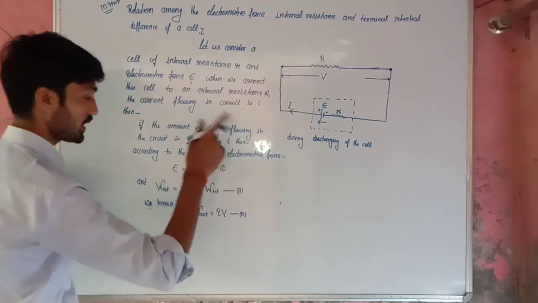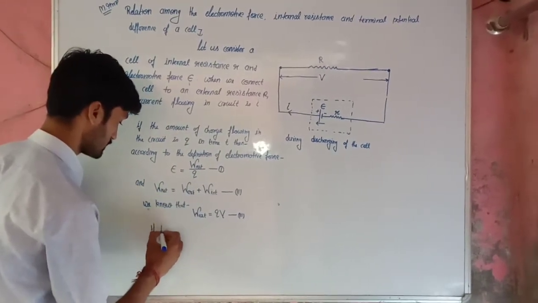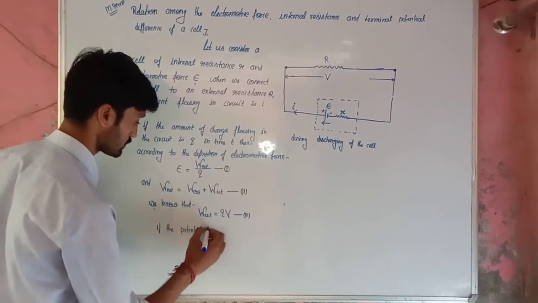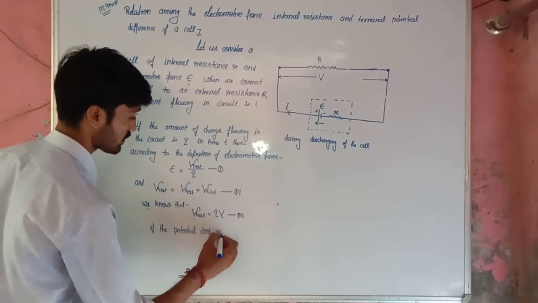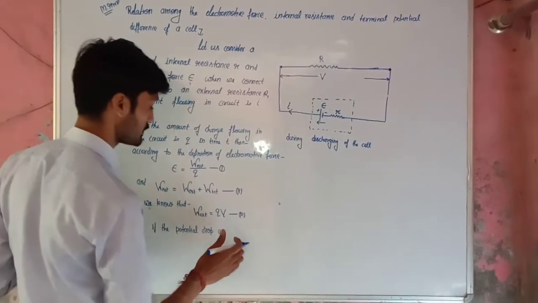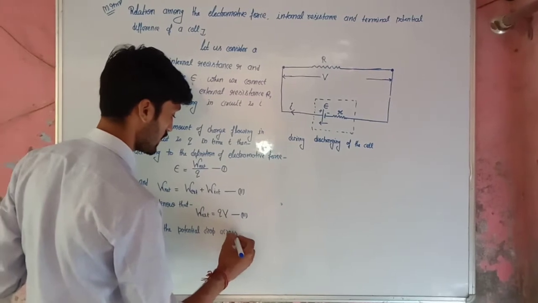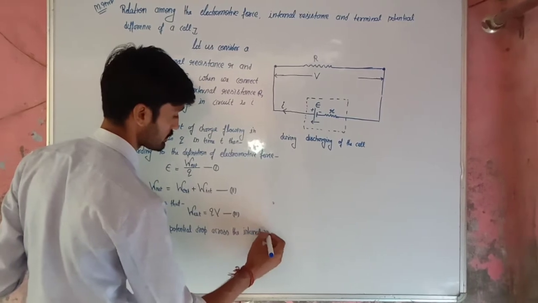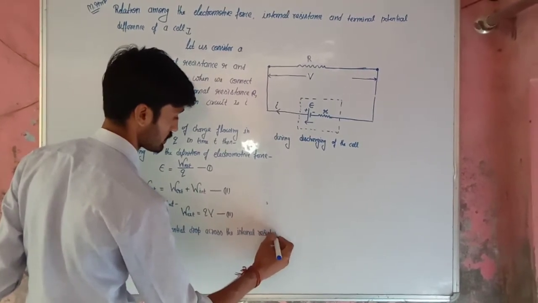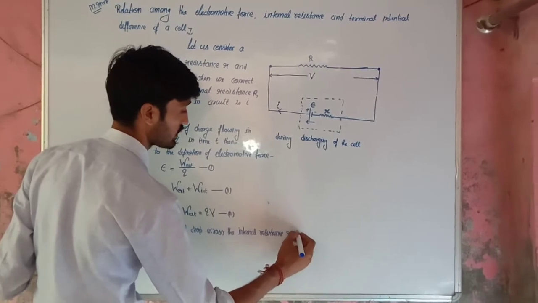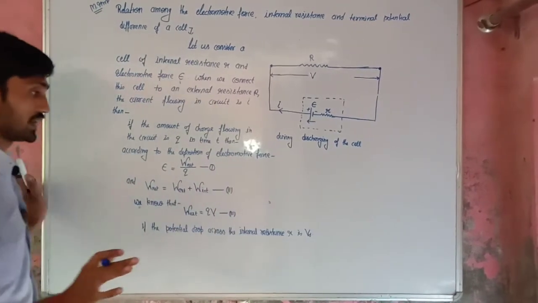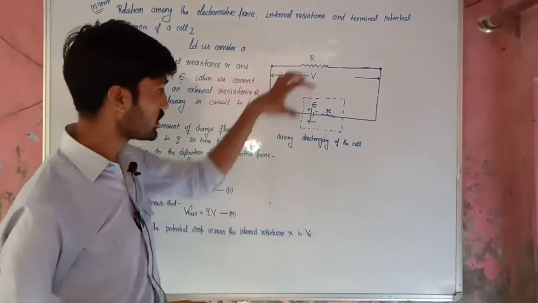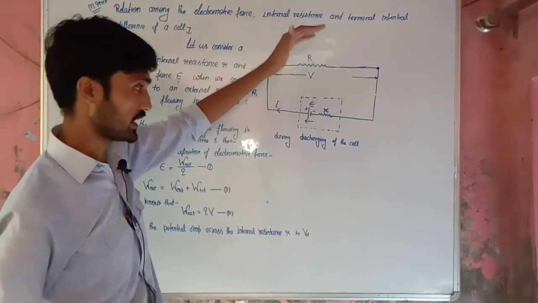Now the potential drop across the internal resistance small r is Vd. Here we say this potential drop, because this energy loss or potential drop is